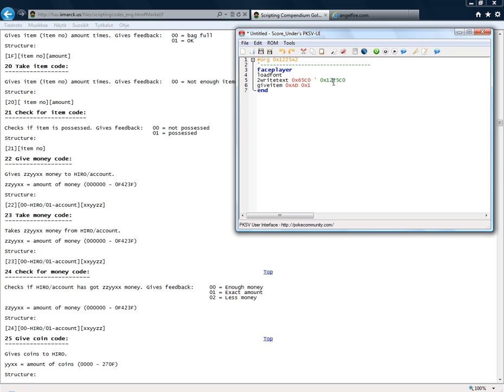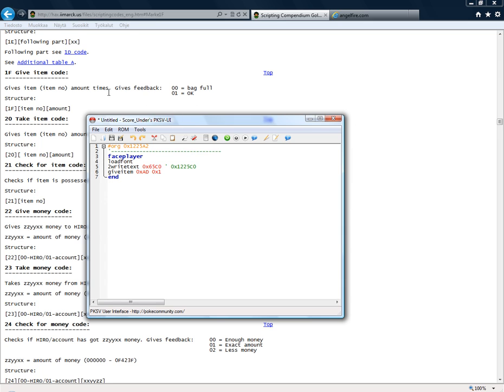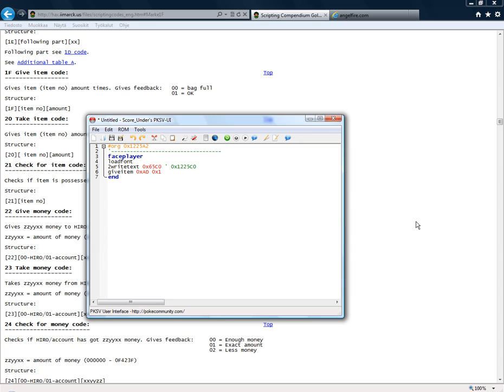So we want to make him give us item AD, amount 0x1, and as you can see we have this gives feedback part here. So if 01, then it's okay. If 00, bag is full. And this here means that I'll probably also explain that in the part linked to this one, but